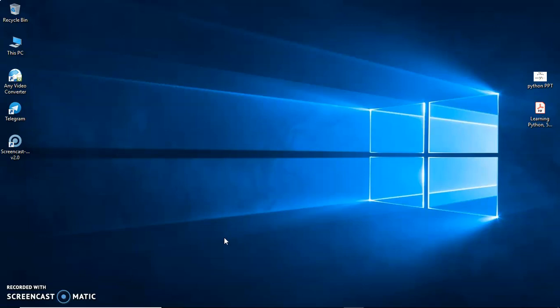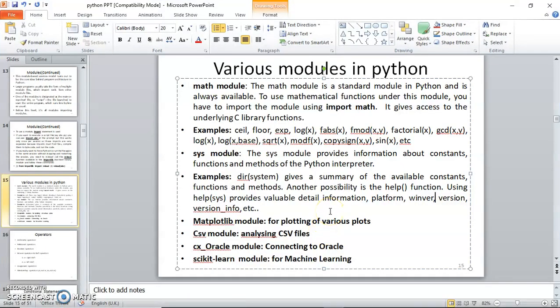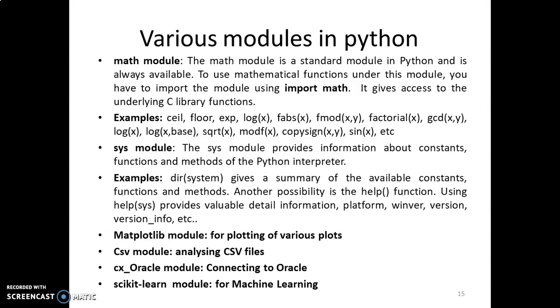In today's session, we'll discuss the various inbuilt modules which are available in Python. So I'll be discussing a few modules. There are many modules in Python. I'll be discussing with you the math module, the sys module, the matplotlib module, CSV module, cx_Oracle module, and the scikit-learn module. There are many other modules which you can